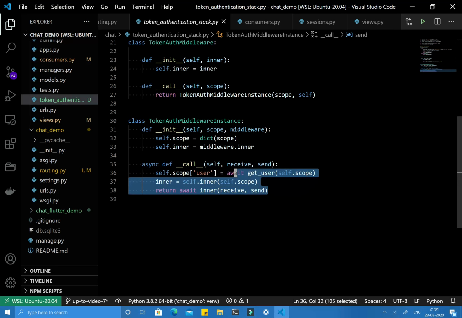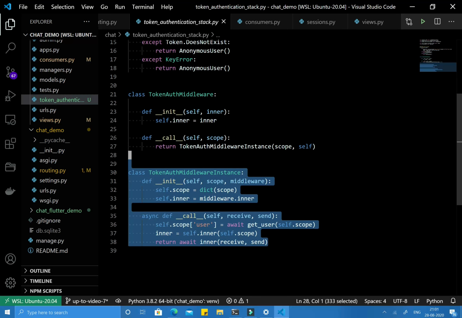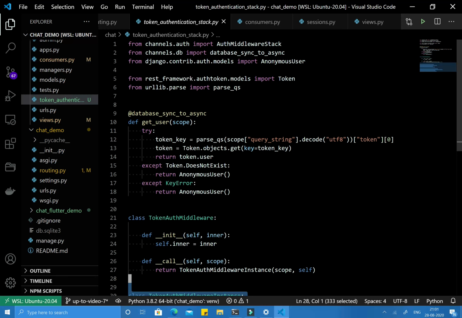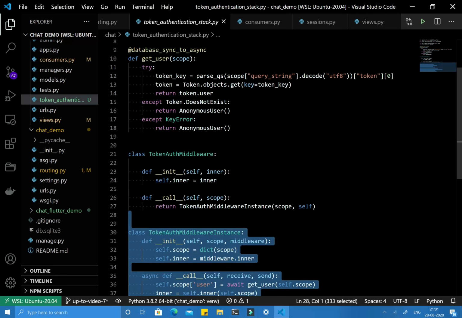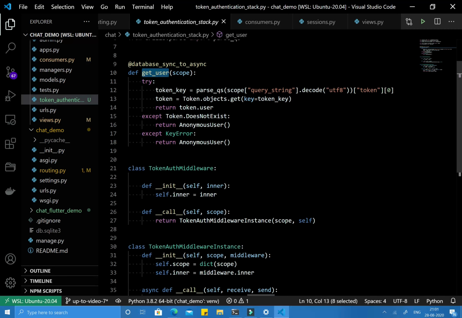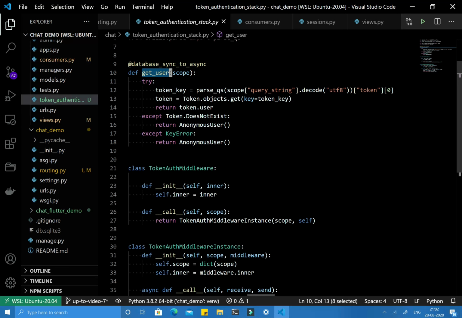This is very simple and you don't need to understand much more, but if you want to customize it a little bit, you can look further into the session middleware as well, which is an inbuilt class of Django Channels, and it can help you understand how to customize more. But I think this is enough to understand. Suppose you are using a JWT token middleware, then in that case you just need to change this get user function. There is nothing else you need to do. Why? Because this is the ultimate purpose we want: you need to get the token.